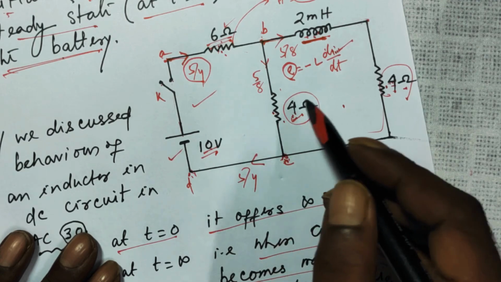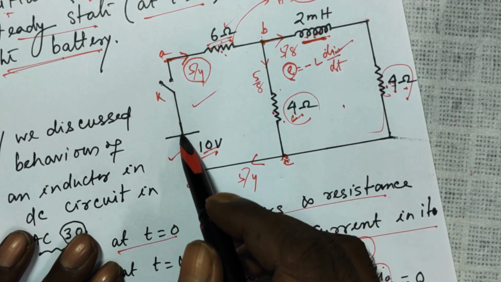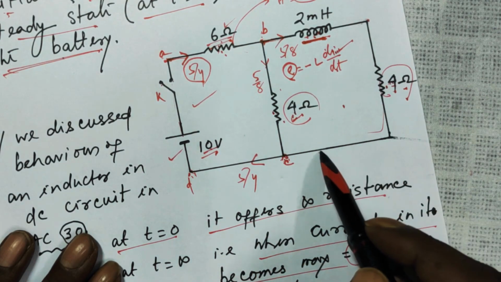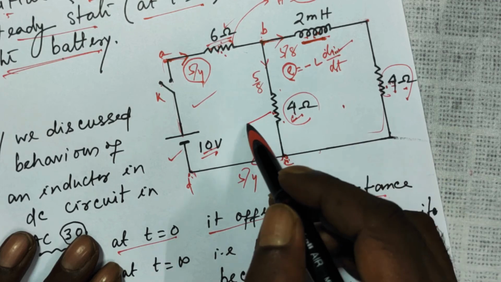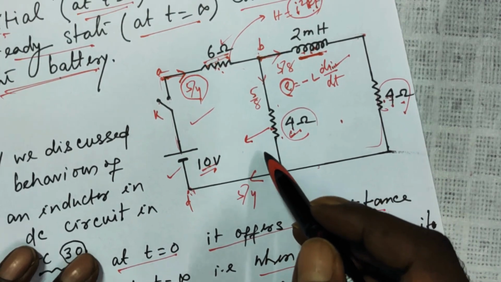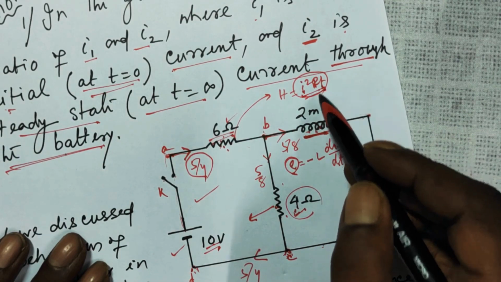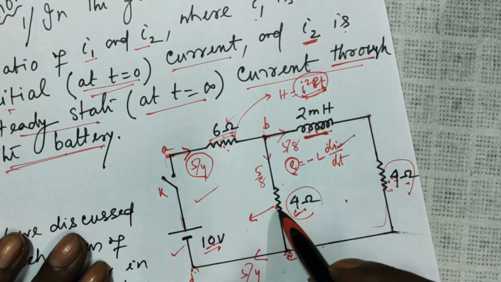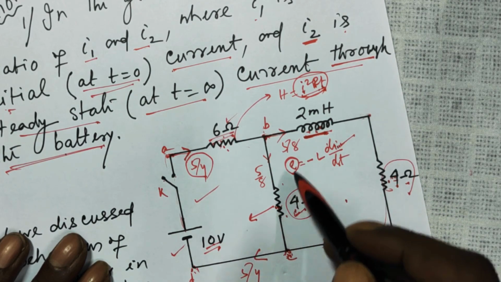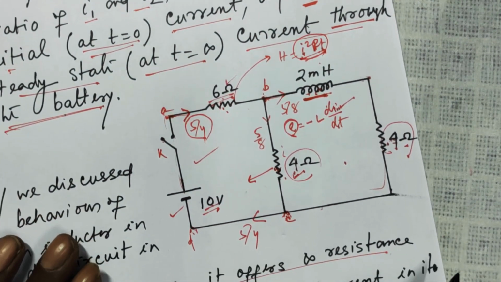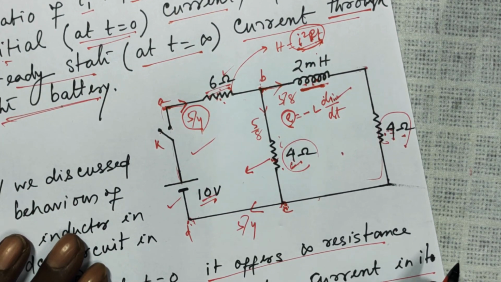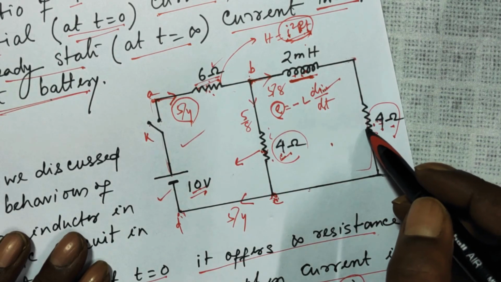They might ask you what is the heat produced here in this resistance at T is equal to 0. At T is equal to 0, I just explained there was no current to this side and your current was 1 ampere that was passing through this. So here you can use the same formula, H is equal to I square RT. At T is equal to 0, 1 ampere was passing through this, the square of 1, value of this R into time.